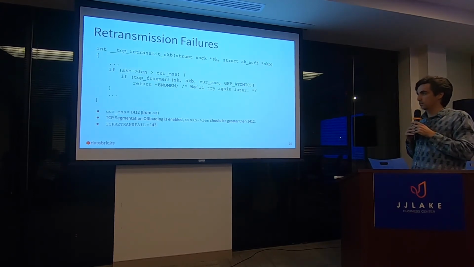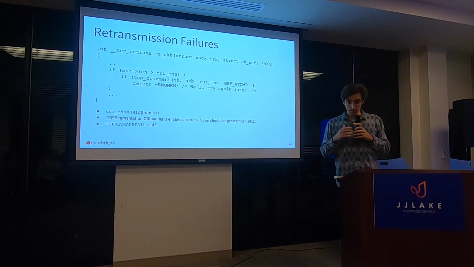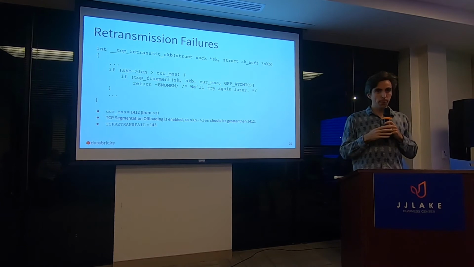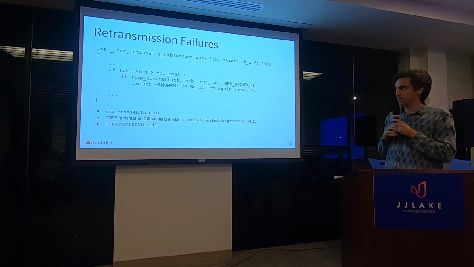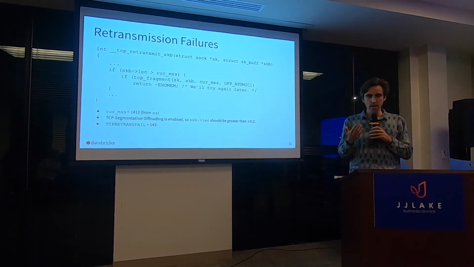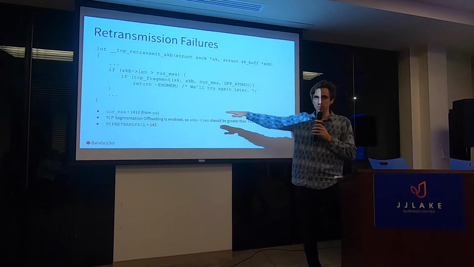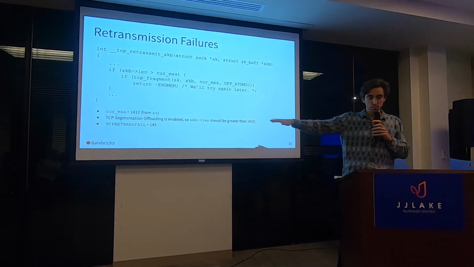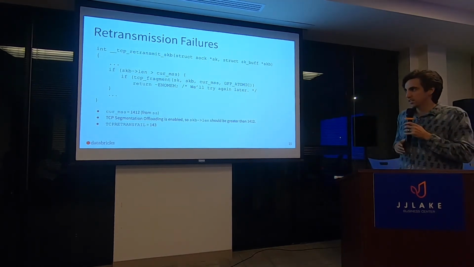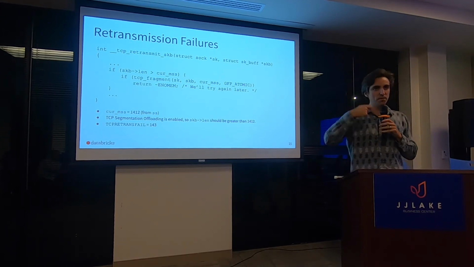Okay, so first question, why is the retransmission failing? If you look at the retransmit code in the TCP stack, you see this if statement: if the socket buffer's length is greater than the current max segment size. Here we had a normal max segment size, so S3 was not actually a malicious attacker, thankfully, of 1412 bytes. And I strongly believe, though I don't actually have the data to say, that this socket buffer was greater than